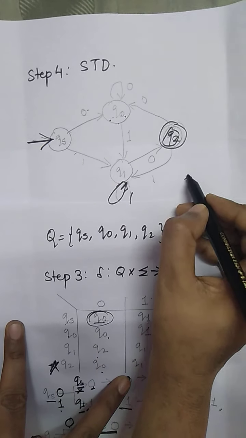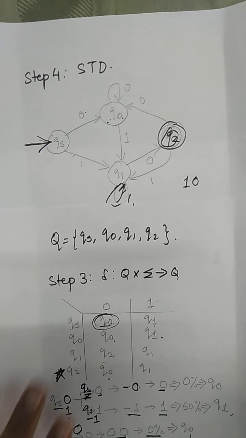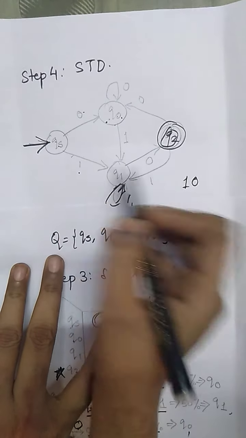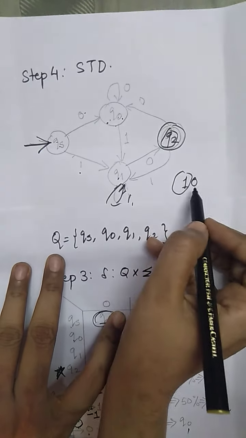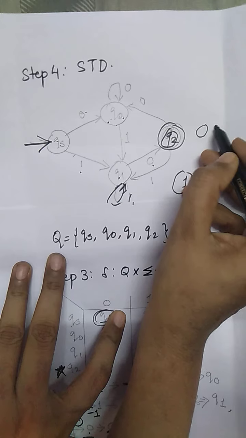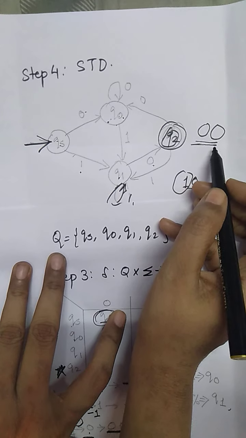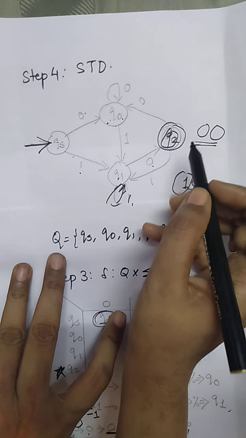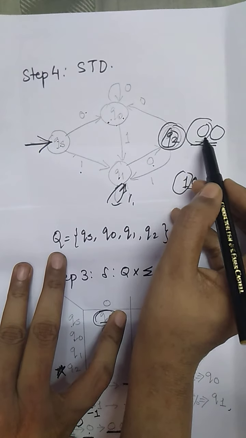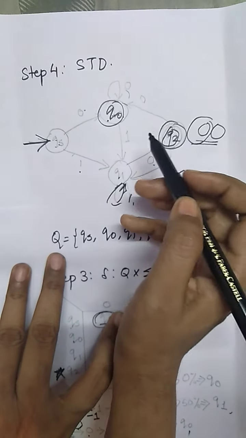Now you take any string, for example 10. As this is a required string, it should terminate at the final state starting from the initial state. Now you take 10: QS on 1 goes to Q1. Q1 on the next bit 0 reaches the final state. Now you take the string 00. Is the string accepted by our finite automaton? No, it should terminate at a non-final state. The non-final states are Q0, Q1 and QS also. Now we start from QS with a single bit: QS on 0 reaches Q0. Now Q0 with the next bit as 0 reaches Q0, which itself is a rejecting state.